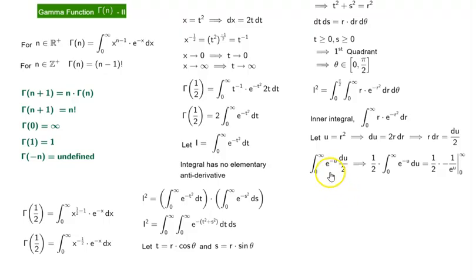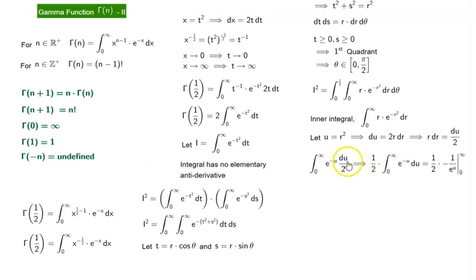So now substituting it, we get integral from 0 to infinity of e to the power of minus u du by 2. Now here I have not mentioned the change of limits, but when r is 0, u is 0. When r is infinite, u is also infinite. So the limits do not change,